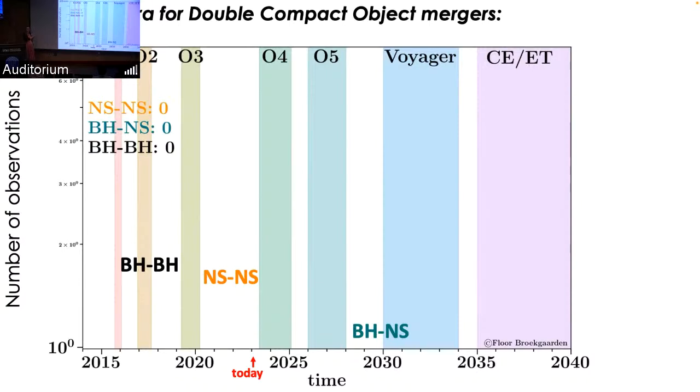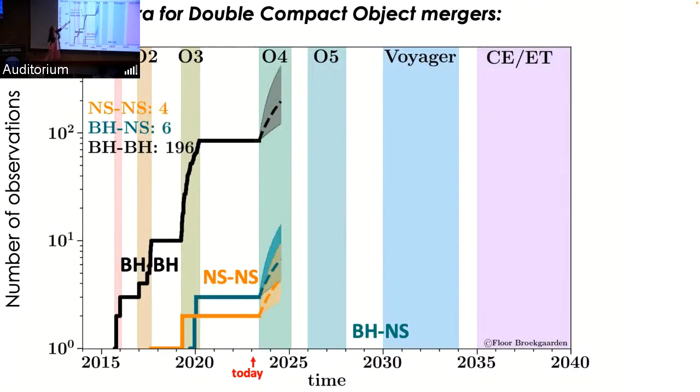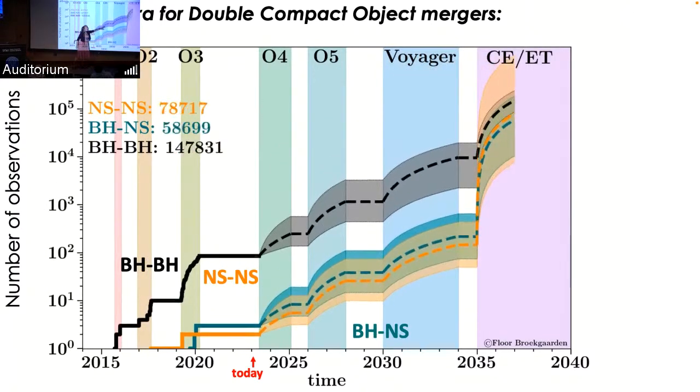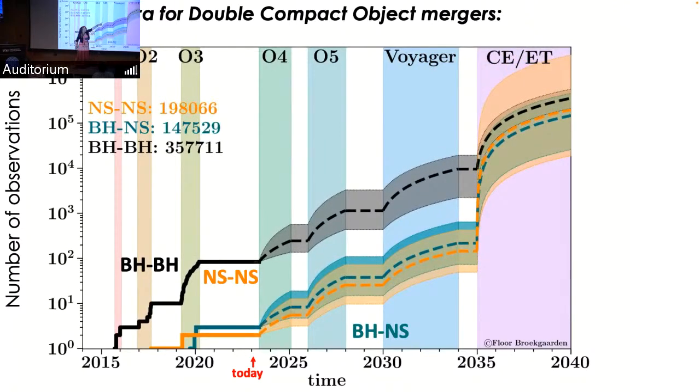It gives us enough time to prepare ourselves to be ready to understand and get the most out of the data. But most interestingly, it coincides with when the next generation gravitational wave detectors will be launched. This graph shows the number of gravitational wave detections that we've seen now and that we will see in the future. Currently we're in O4 and we have seen about 100 events in the past three runs. Then there's some future O5 and Voyager, but we're mostly excited about this Cosmic Explorer and Einstein Telescope era,